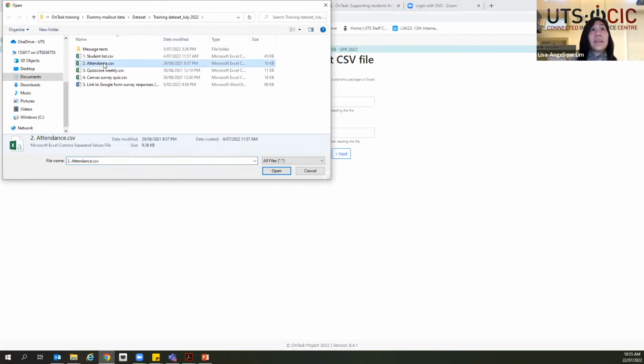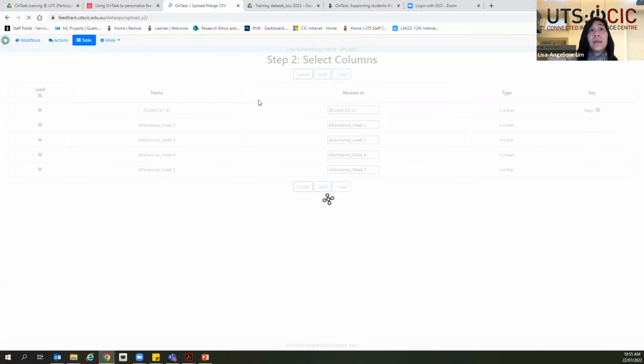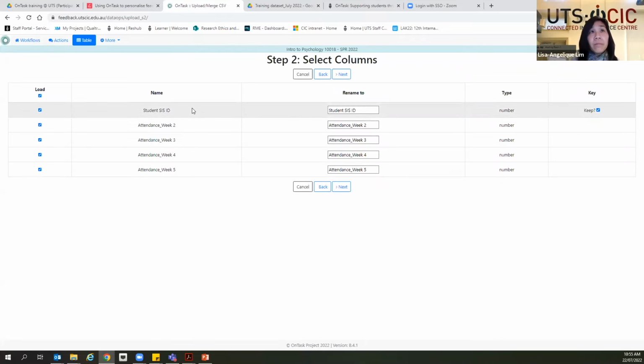All right, so this particular data file has attendance over 4 weeks. And just open that. And then on next. And so this is what OnTask can read from your new table. You can see the student SIS ID is there. There's an option to rename the column if you want to, especially if the name is different from what's in the key column in OnTask. So if you wish to, you can rename it here, or you can rename it in the Excel file that you're preparing. So you can see that OnTask has recognized this as key, which is a good sign,